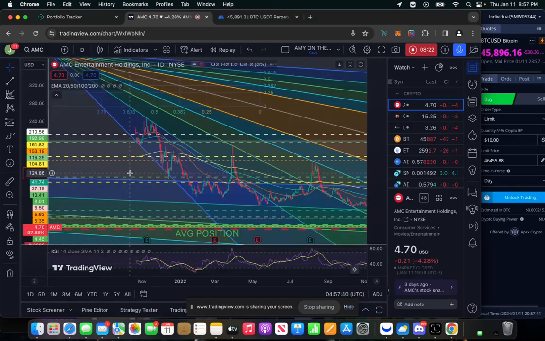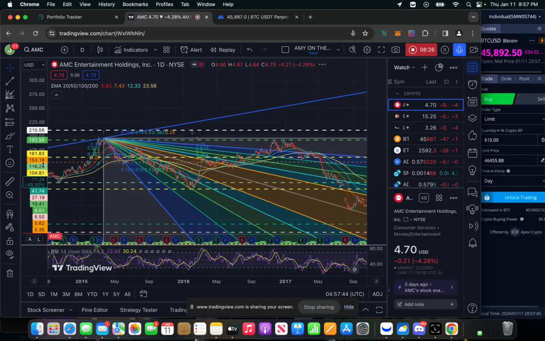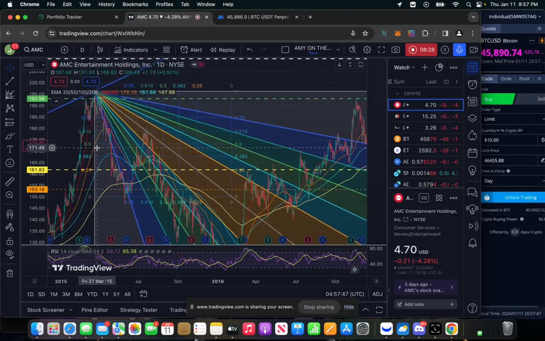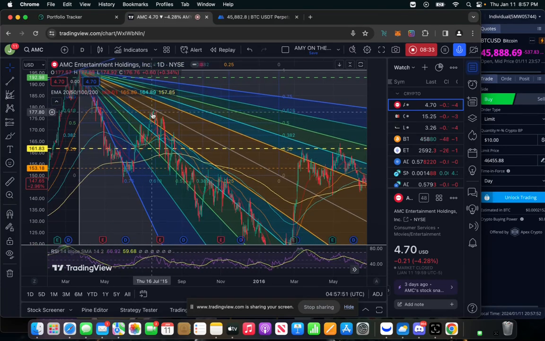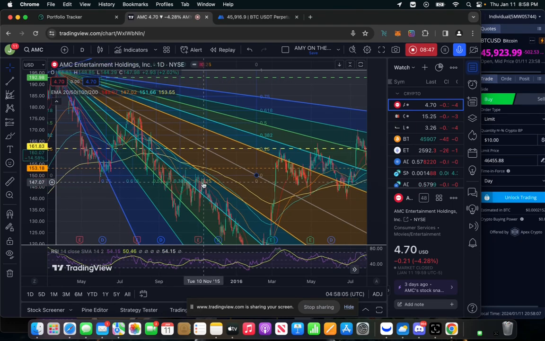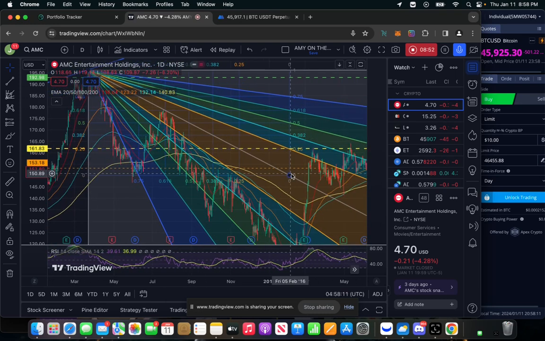Let's go back. Because this is on the daily, right? So a couple times it's touched its middle point, which is zero, and all these fanning out are just Fibonacci levels. You got 50, 618, and so on. So it touched. The reason I had it fanned out all the way in the middle is I feel this